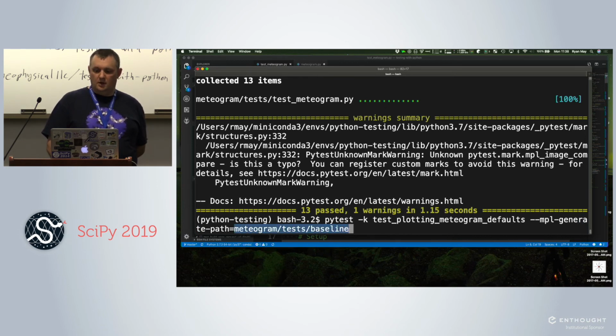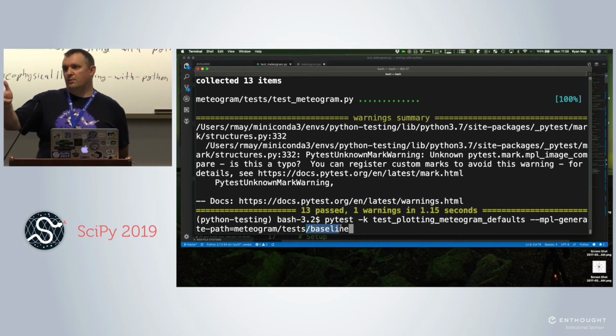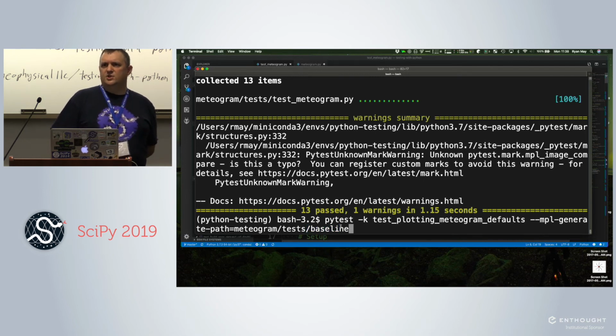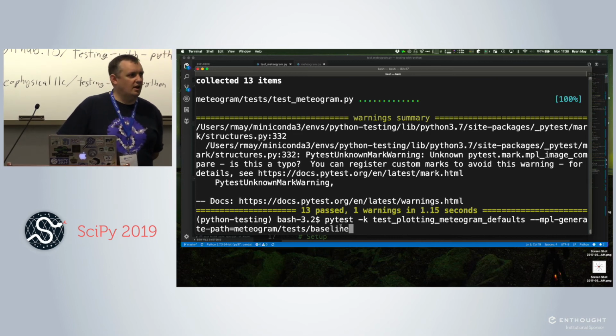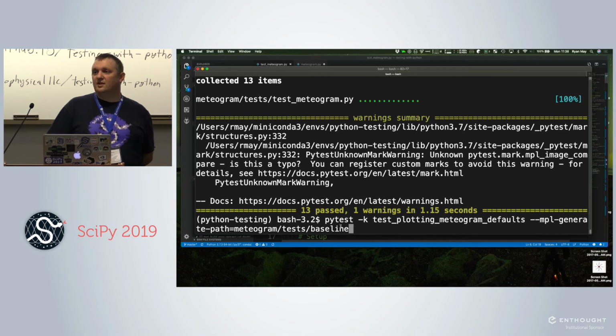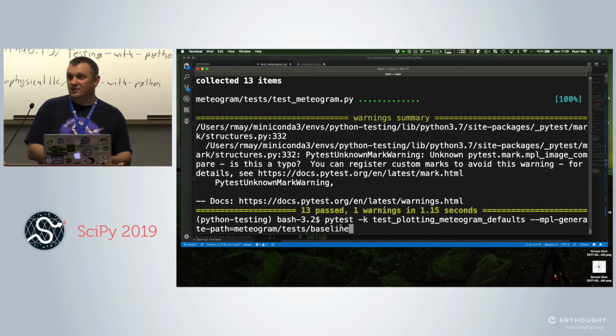Yeah. Its default is to look under the test directory in a subdirectory called baseline. That's the default for pytest-mpl. Okay, so test baseline is the magic path. And you can configure that in, I think, pytest.ini or some other places. You can set that to something else if you needed to. But if you just use baseline, it just magically works. Okay, gotcha.